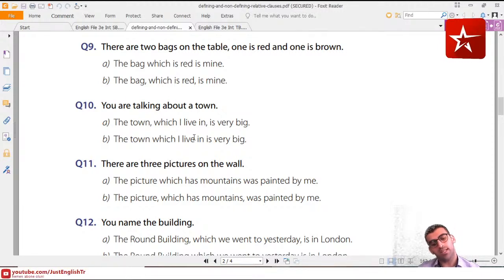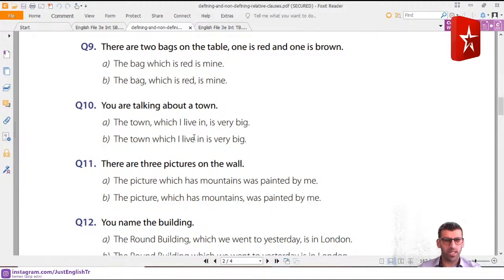So the first sentence, the computer which I bought last year is big, gives us extra information we can use. The computer is big without the detailed information. But the second sentence, without the defining relative clause, doesn't make sense. Like, the computer which I use at work is mine. It means there are lots of computers. That's why I have to mention which I use at work.